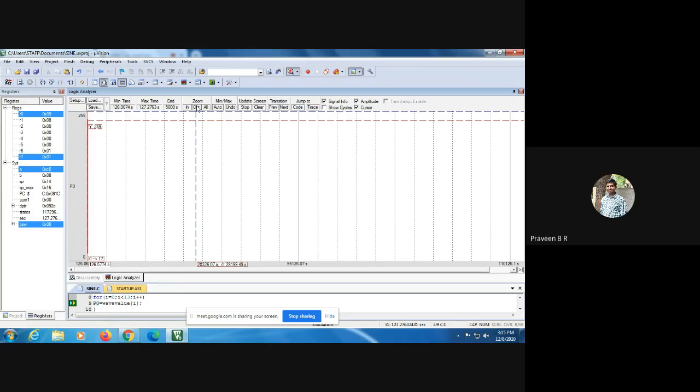By zooming out, I will observe the waveform much more clearly. Keep pressing zoom out so that you can observe the waveform clearly.